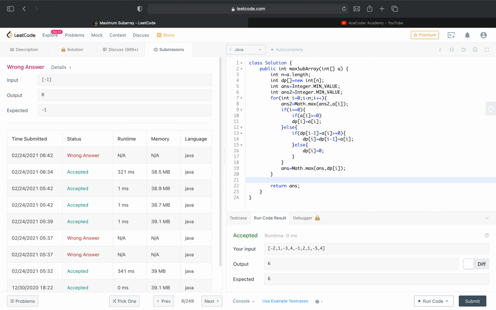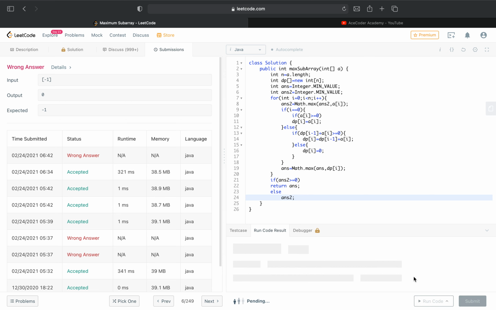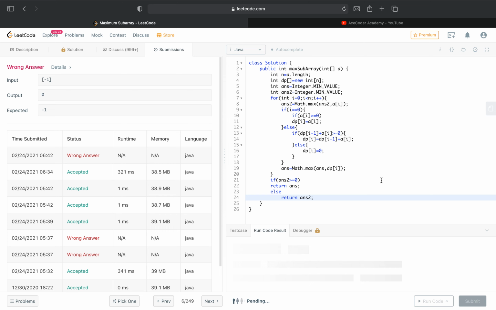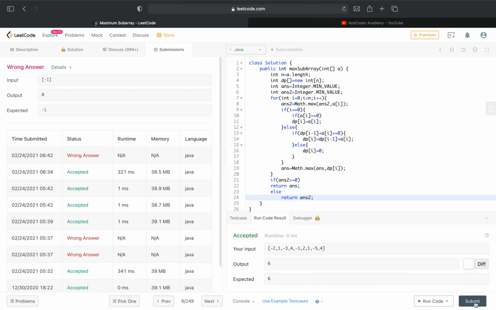Now we will write an if statement that if answer of 2 is greater than or equal to 0, then we will return answer, else we will return answer2. So let's see if it is working fine. Return answer. Okay. So it is working fine.